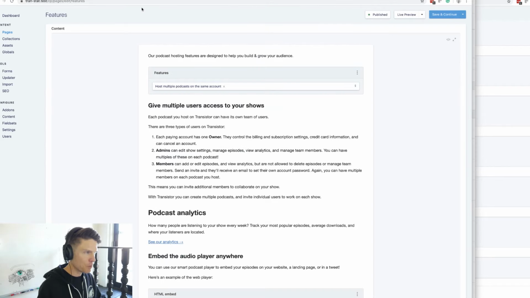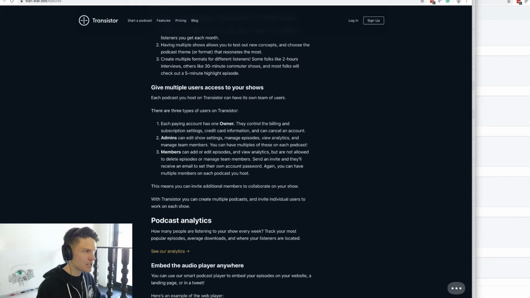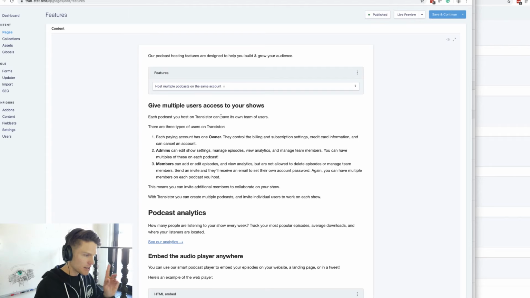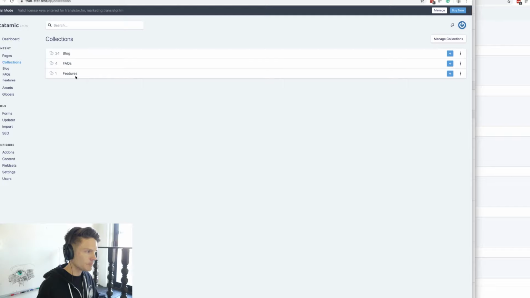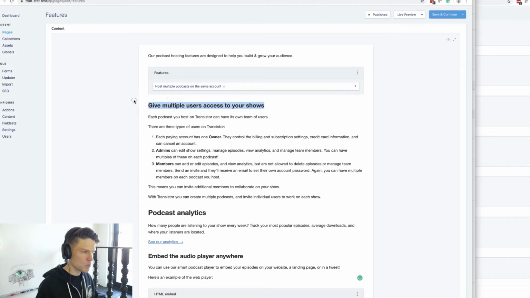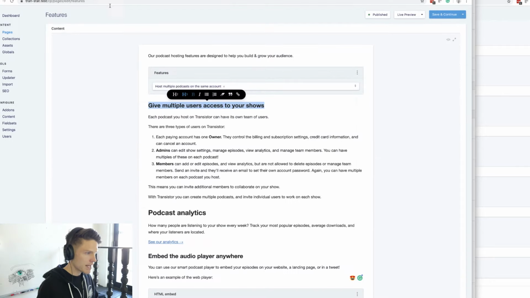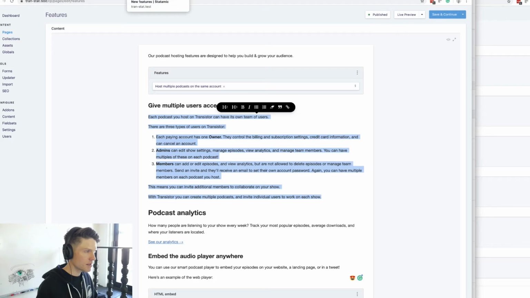And what I like about it is instead of having to maintain multiple things, you can just use it all in the same place. So let's actually create another one here. I'm going to go here, and let's create a new entry, and we'll call this one multiple users. Invite multiple collaborators. Okay, so that's going to be this part here, and I'm going to copy this over here,